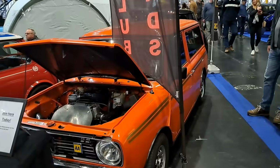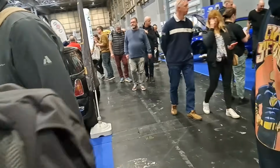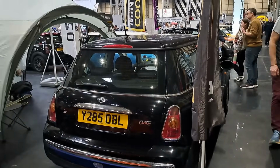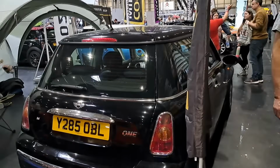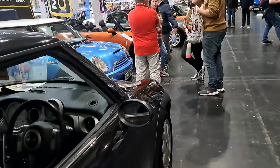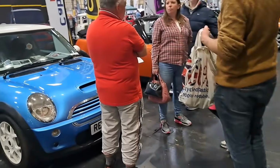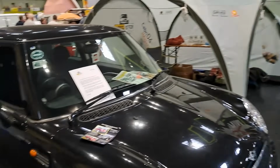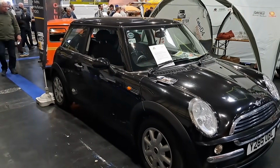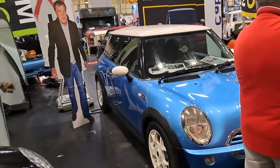That looks rather nice. Let's go on to the Y register stand actually, and here is one of the original R50 Mini press cars. Y plates they were, only the very first dealer supplied cars and the press cars were on Y plates. They're still quite affordable things. Don't know what Jeremy Clarkson's doing here. Go on to the